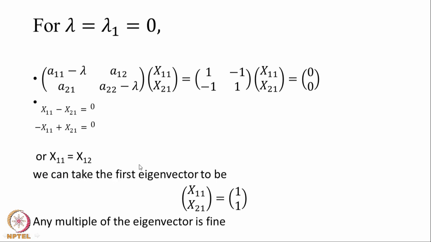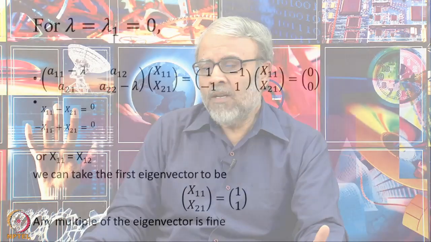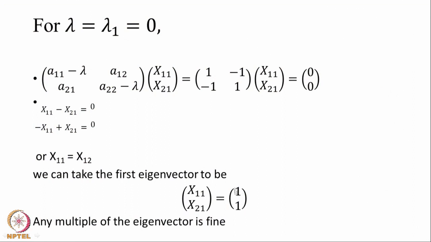I want to write the first eigenvector as a column, x11 and x21. Now I am taking this as 1 and 1. You will ask me, why am I taking 1 and 1, why am I not taking 2 and 2? It does not matter. If you multiply both by a constant, it does not change anything. The direction does not change by multiplying by a scalar. So I can take 1 and 1 as an acceptable solution. This is my first acceptable solution, 1 and 1.